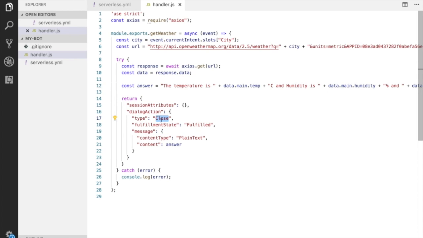This means Lex does not expect a reply from the user. So once this response is sent to the user, he is not expecting any response back from the user. So it's closing the conversation, and the fulfillment state is fulfilled. And this is where we will send the message. So we will add the type as plain text, and whatever message will be shown to the user